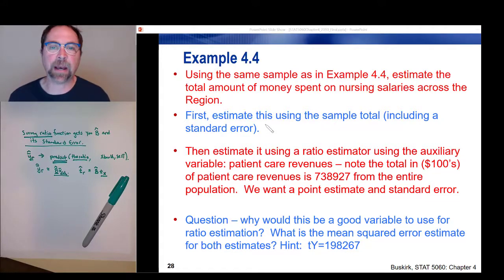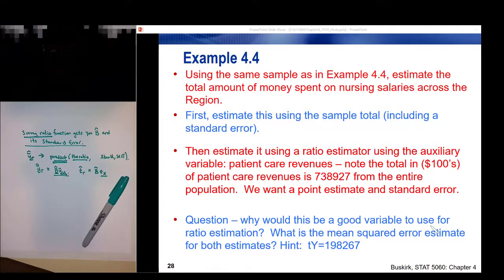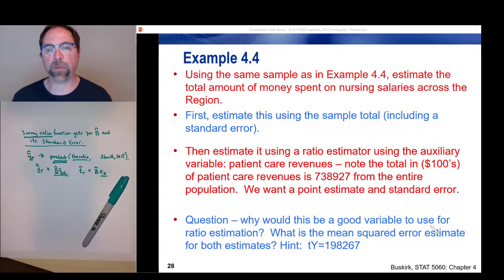And so for the patient care revenues, the total for the entire population for the X variable is $738,927, in hundreds of thousands of dollars. We want a point estimate and the standard error based on the ratio. Now we want to ask the question, why is this a good variable to use for ratio estimation? What is the mean squared error estimate for both of these estimates, for both the sample total and the ratio